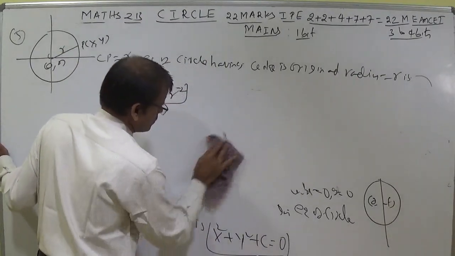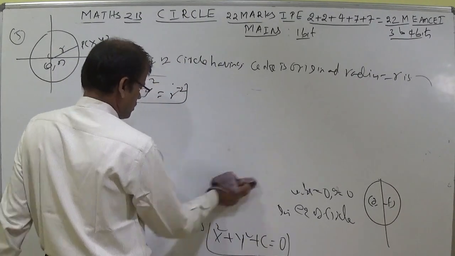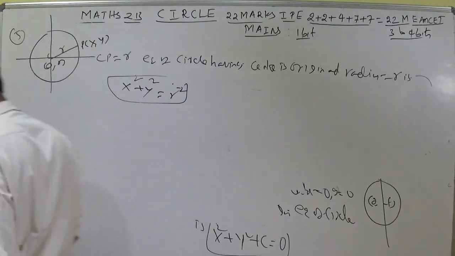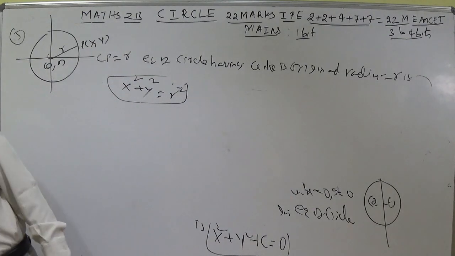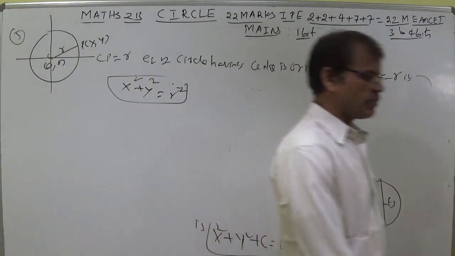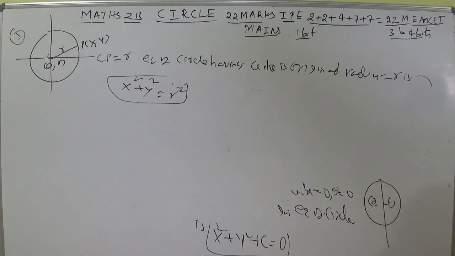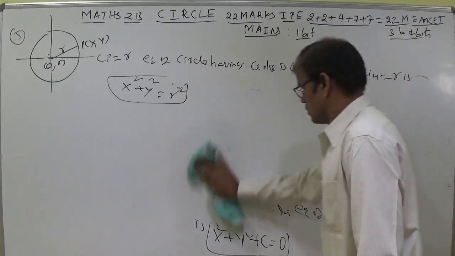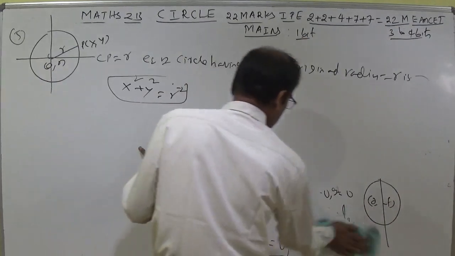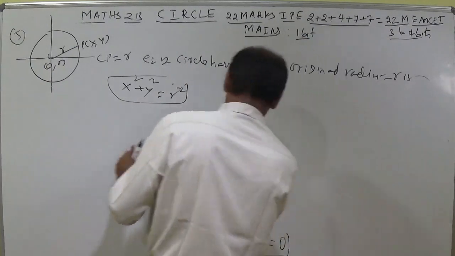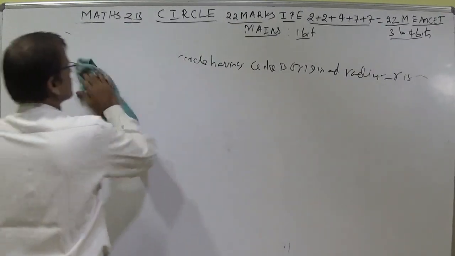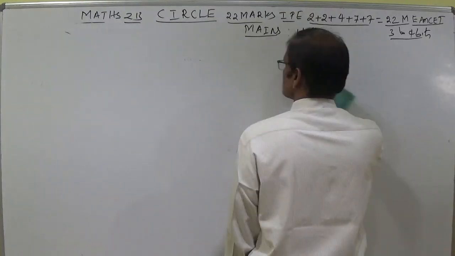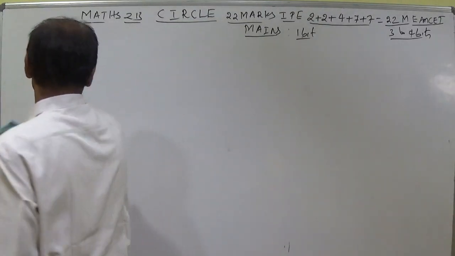Next, now we can discuss about the point circle and unit circle. Point circle means simply it is a dot. Unit circle means the circle which is having radius 1 is called as unit circle.